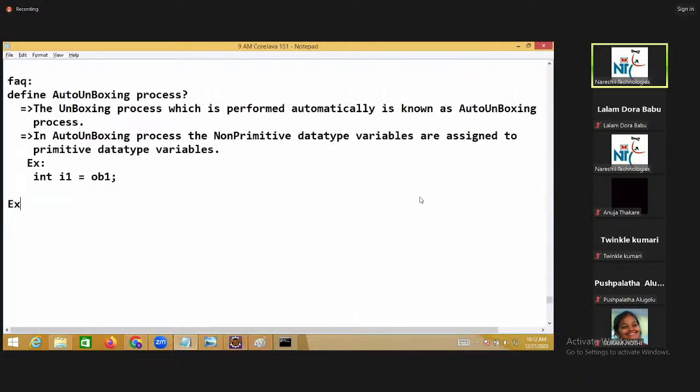So example program: demo wrapper class 3.java.